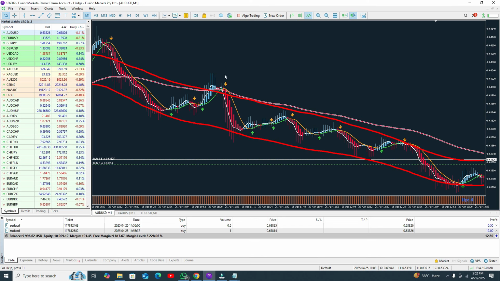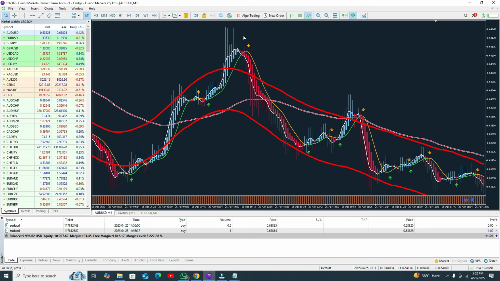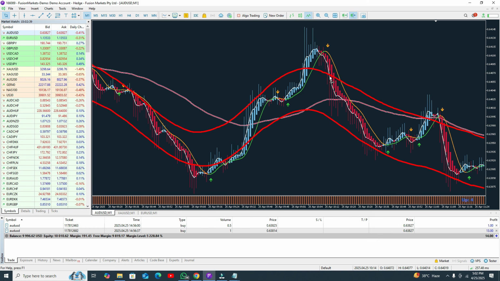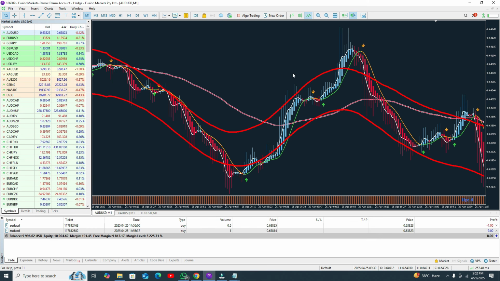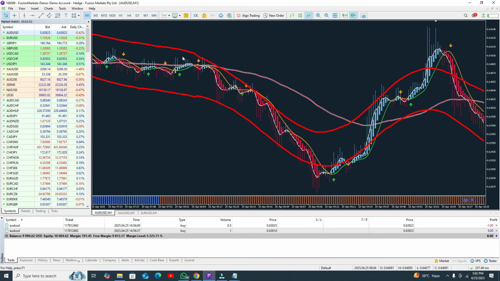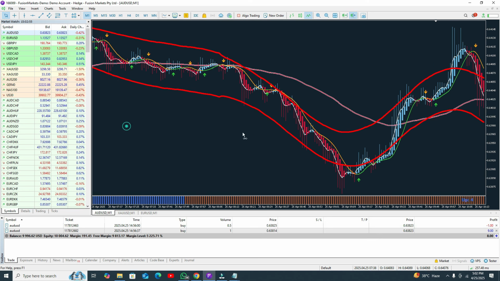This is your second position, because the candles are on the upper band line and we have this color, that means we need to open our sell position and close your trade here. Again, from this point you need to open one more position and close your trade. I will show you why we did not open our sell position from this point. I will give you more details about that, but just wait. That is one more position, close your trade here.